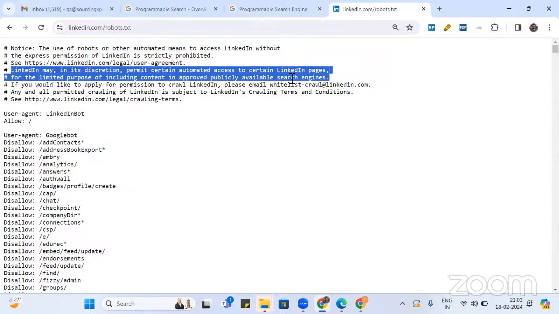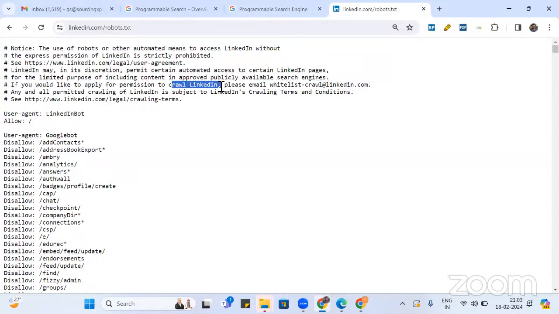So Google is still one of the approved publicly available search engines, but still LinkedIn says no, we don't want to show it. If you would like to apply for a permission, that is called crawling LinkedIn, please email